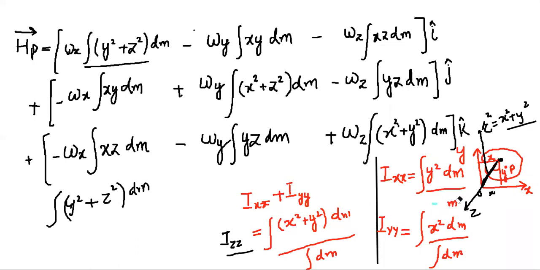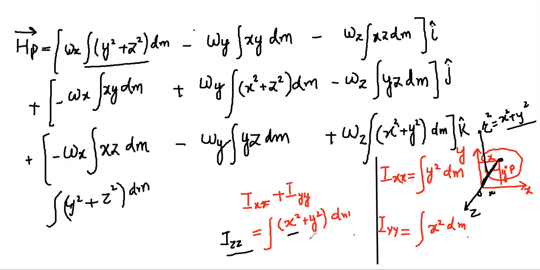As far as Iz, it's not in the denominator, you don't have integral dm, sorry. This is moment of inertia, not the coordinate of the centroid, sorry. Let me make this correction. So as far as this integral y square plus z square is concerned, like here, when